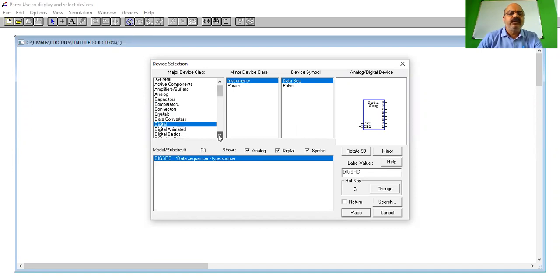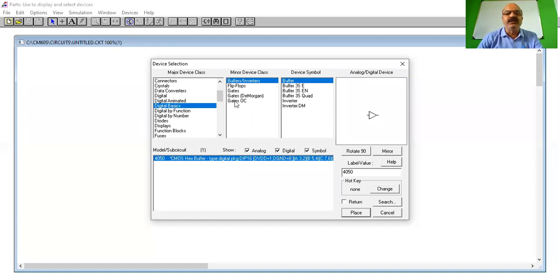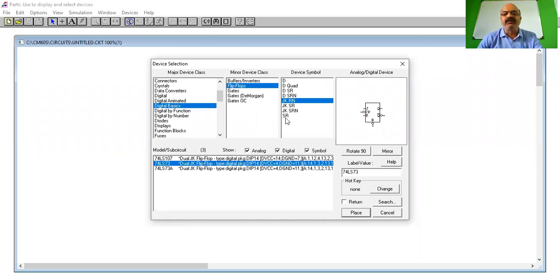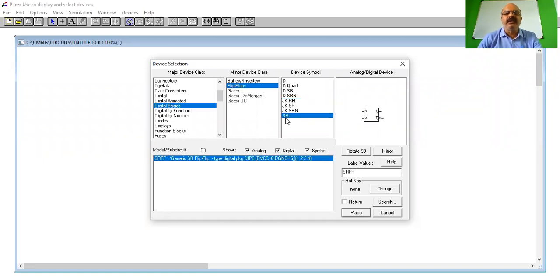Then you get digital devices. These are the inverters. Flip-flops you will get: D flip-flop, JK flip-flop, RS flip-flop. You already studied these flip-flops, and all of them are available here. Gates are there.